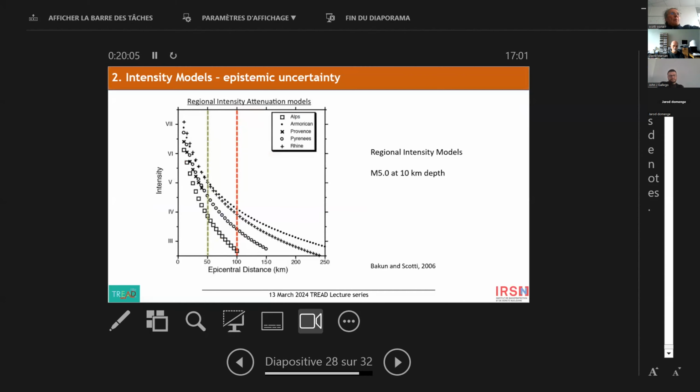But here, for example, at 100-kilometer distance, if you're in the Alps, for a magnitude 5 or 10 kilometers, you will only have an intensity 3, whereas in the Armorican Massif in the north, you could have an intensity 4. So there are regional differences, but they're very difficult to capture when computing